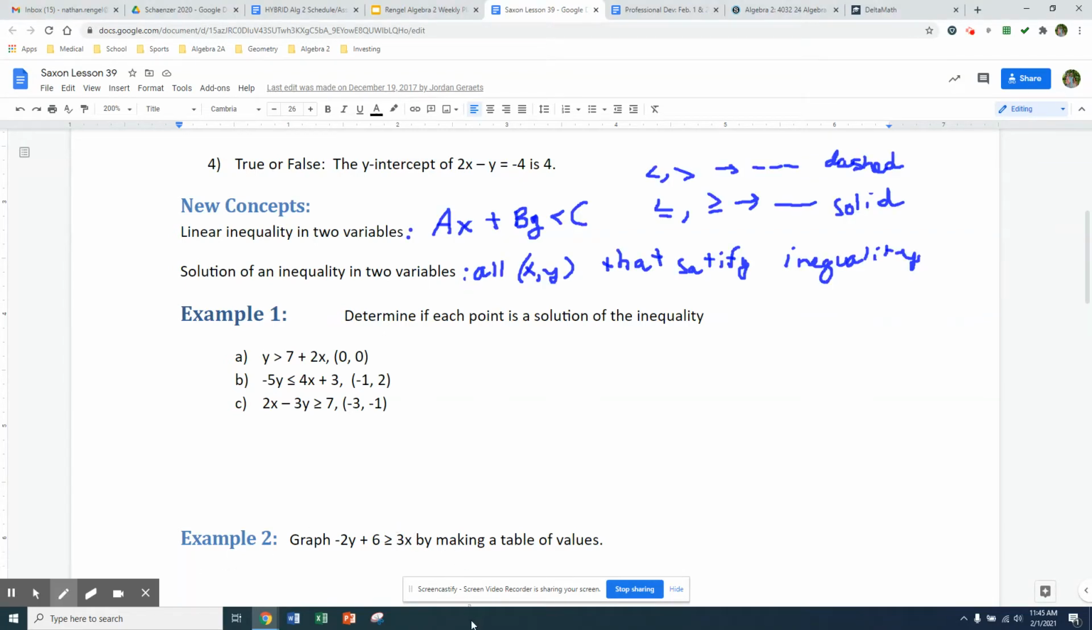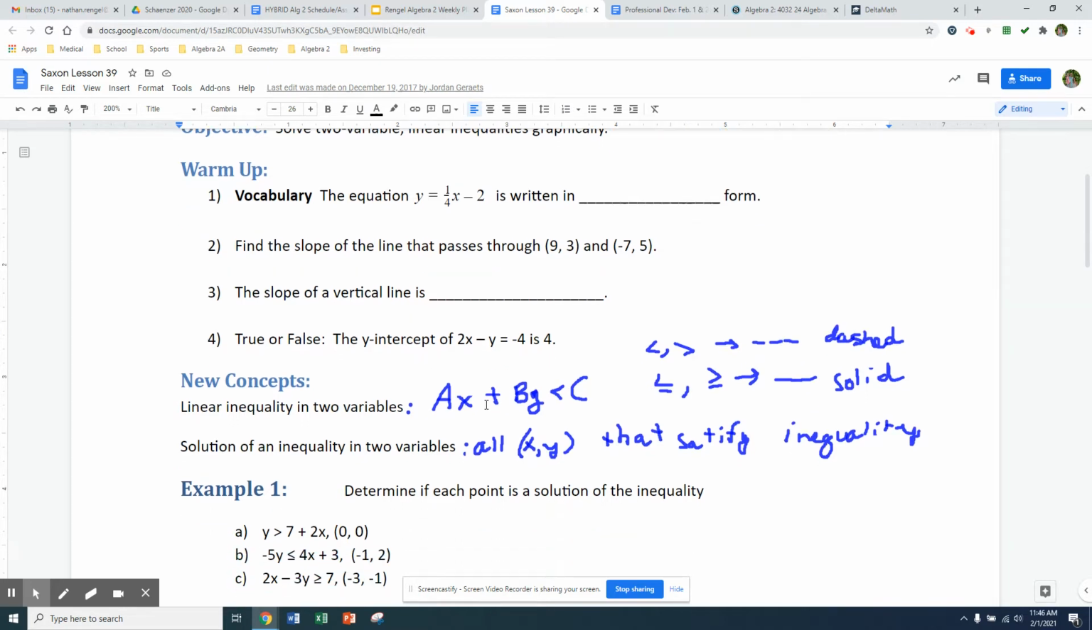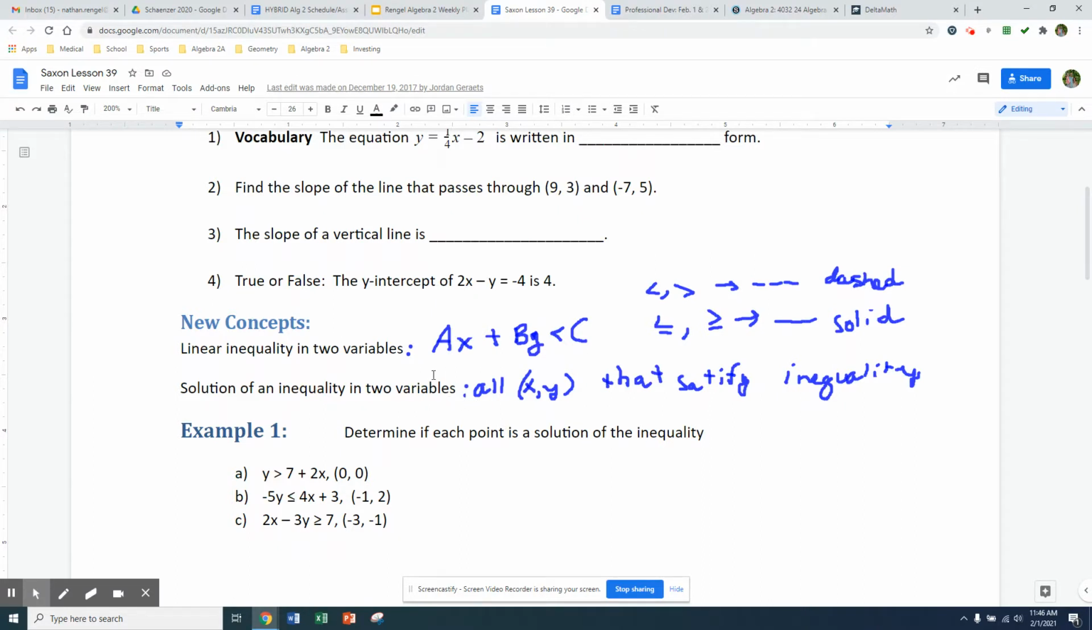Hello there, Algebra 2A. Welcome back to today's edition of Lesson 39, where our goal is to solve two variable linear inequalities graphically. So we will talk a little bit about how to find solutions of inequalities. We'll do some graphing, and then we'll also use some graphing technology to find the solutions to these linear